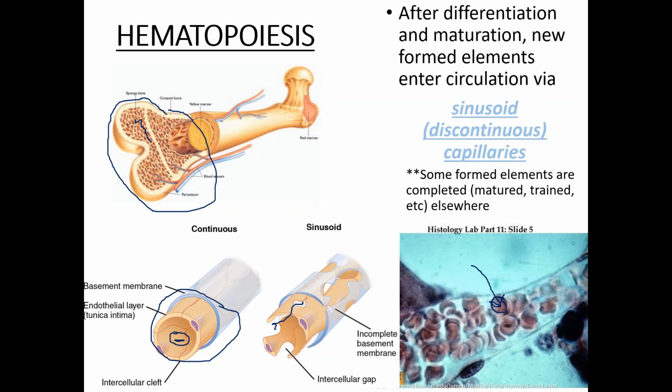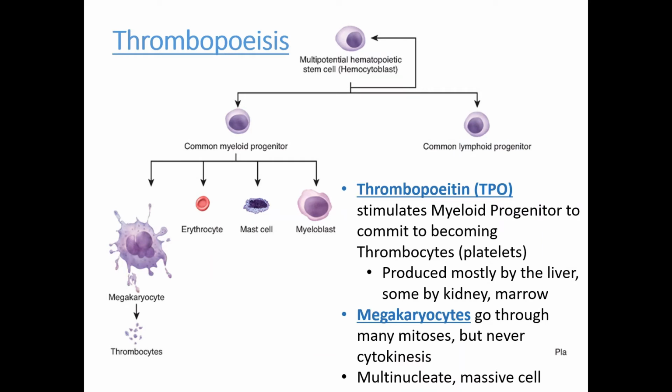Okay. All right, so once again, I do want to remind you that all of the formed elements ultimately are born in this way. They are ultimately originating in the bone marrow. They enter into the bloodstream via these sinusoid capillaries. However, some formed elements, namely the white blood cells, have to continue the developmental process somewhere else. And again, that's something we'll get into when we talk about the immune system in a few weeks. Okay, so let's start